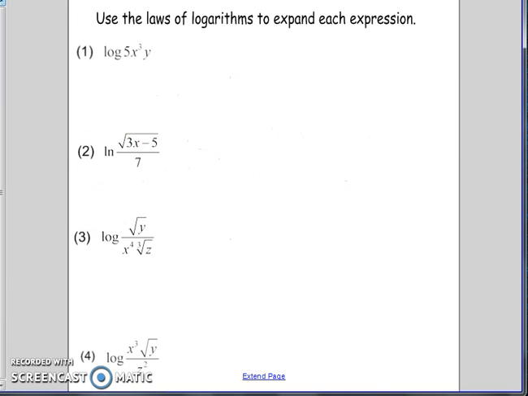Now we're going to use the laws of logs to expand